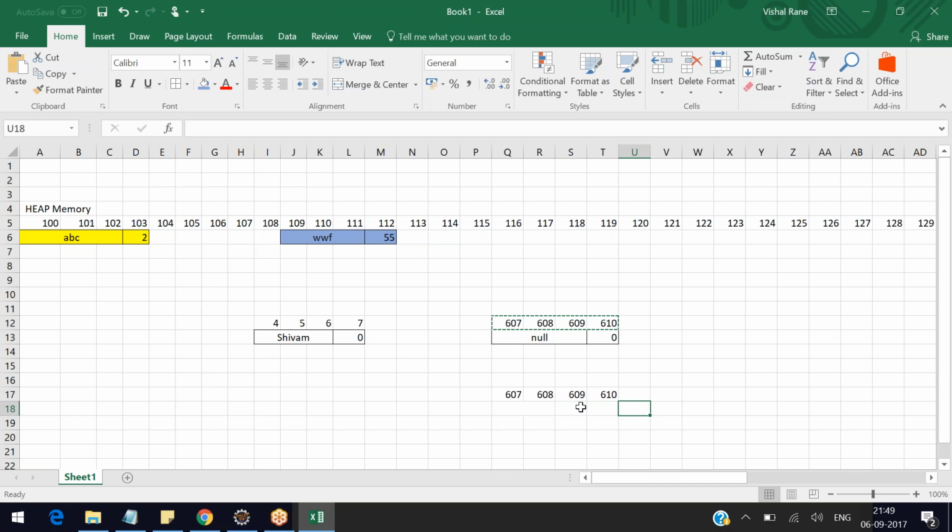Now these two, that is one highlighted, 607 and 608, totally occupy two bytes, and the other two are here. Is it possible? Yeah, this is possible. It happens that you might not have continuous memory even for a single object,